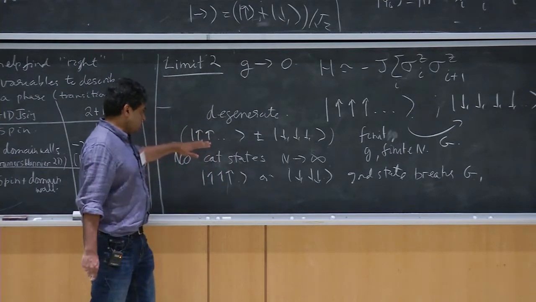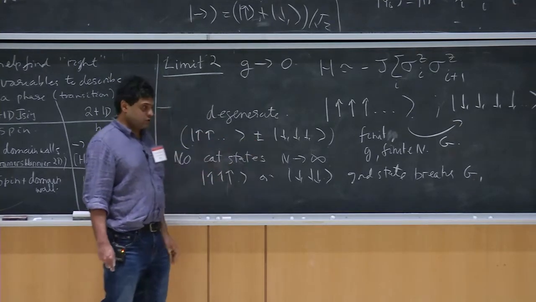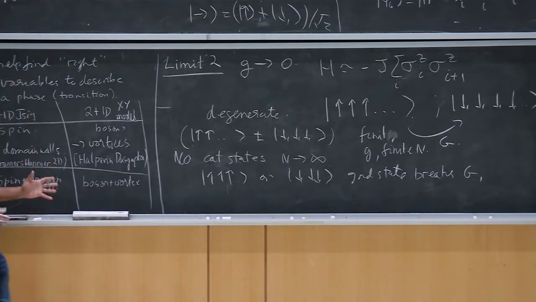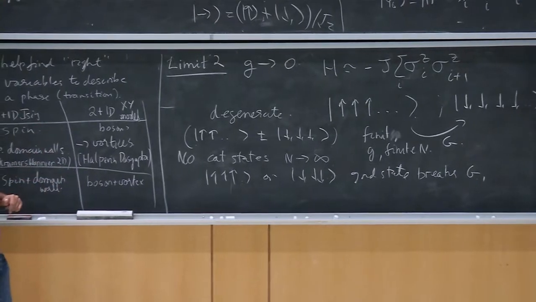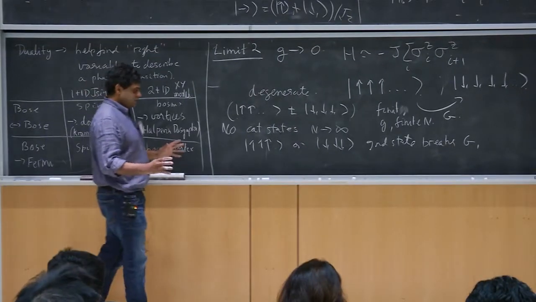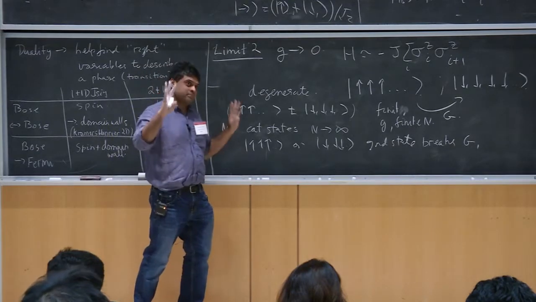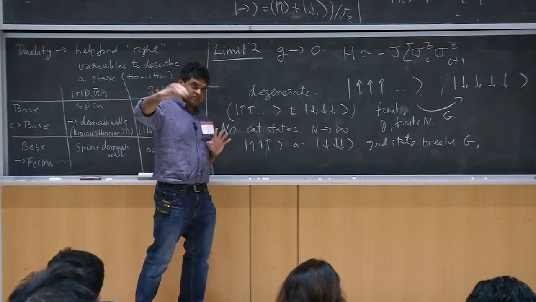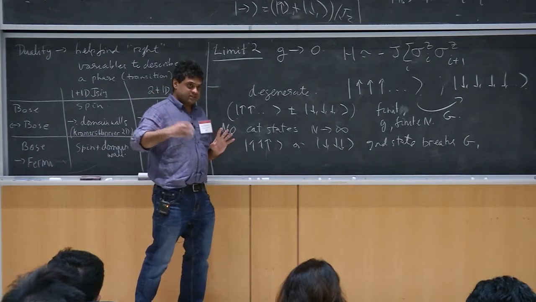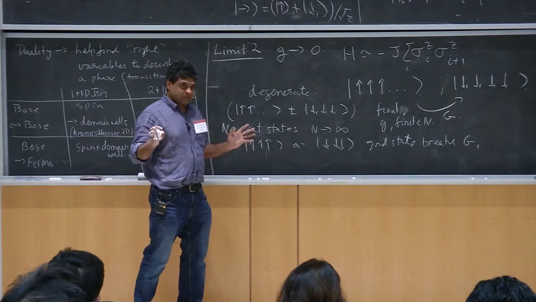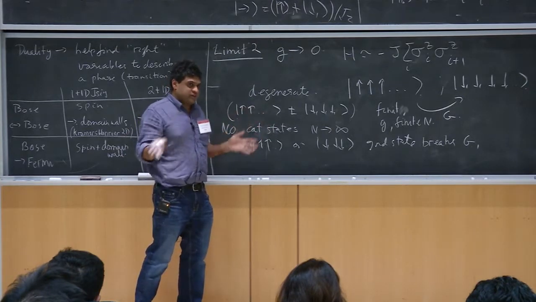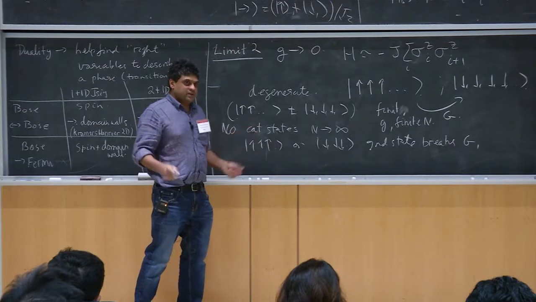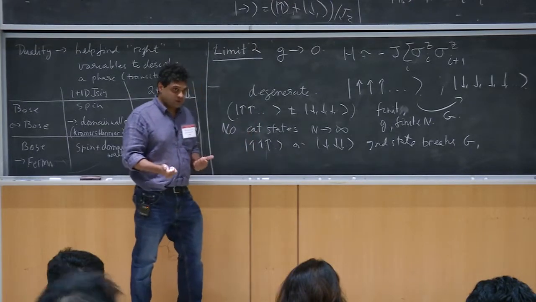Okay, so now let's imagine trying to measure this sign. Okay, so what would you have to do? You'd have to take a system which is in a quantum superposition of all the spins up plus all the spins down, and try to do some interference experiment. But if I have a system which has a macroscopic magnetization, all spins pointing up, versus all spins pointing down, it's going to entangle with the rest of the universe in different ways. Right? There's an environment, and the environment can tell that there are two different states. One has all the spins pointing up, the other has all the spins pointing down.